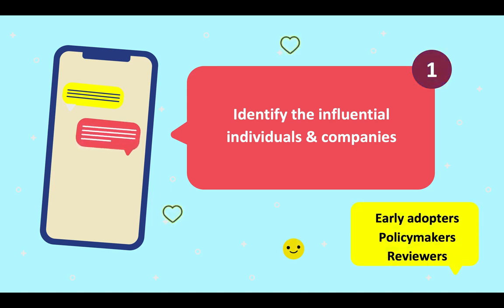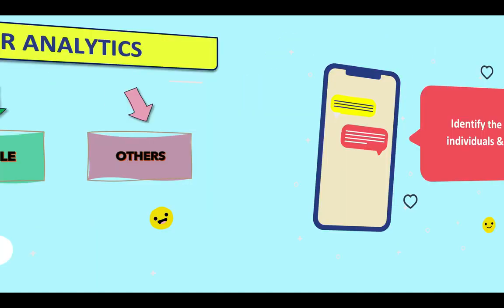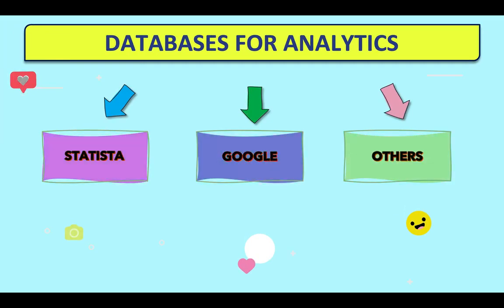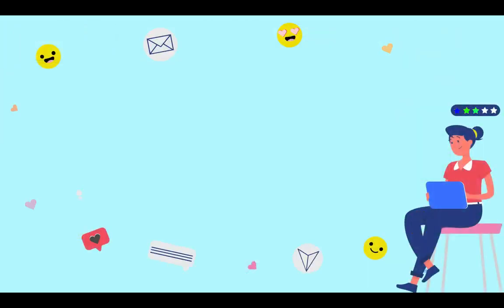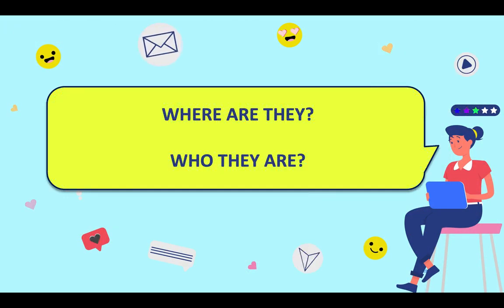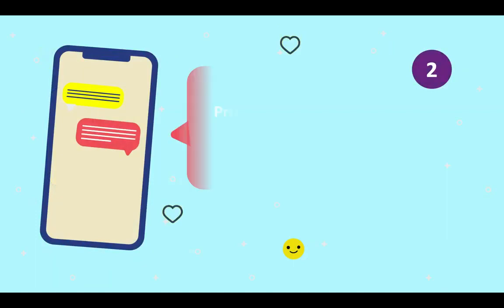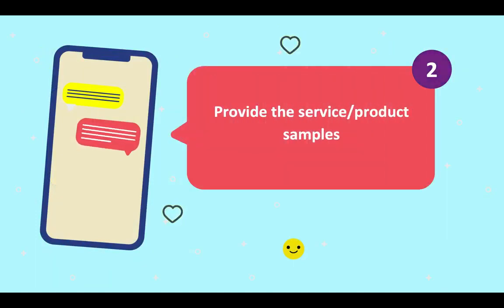You can find this information online using different analytics software available. Find where they are and even who they are sometimes, depending on their influence levels, and devote extra effort to them. Step 2. Supply the key people with product samples. The other important thing, just after you have found those influencers with a fan following, is to let people try your product or service before they have to make any commitment to it.